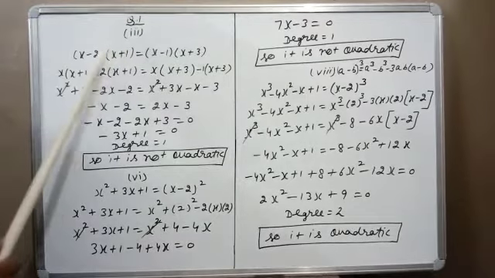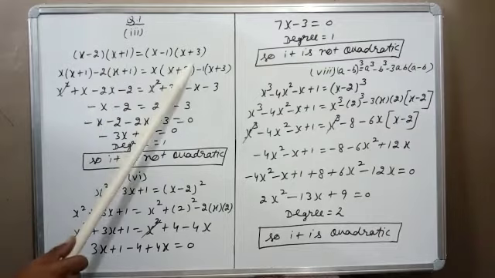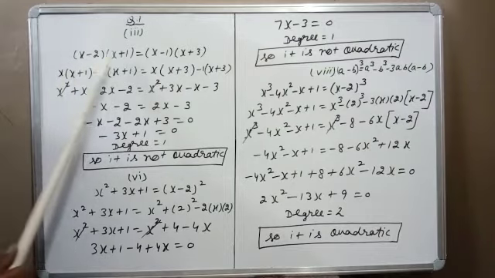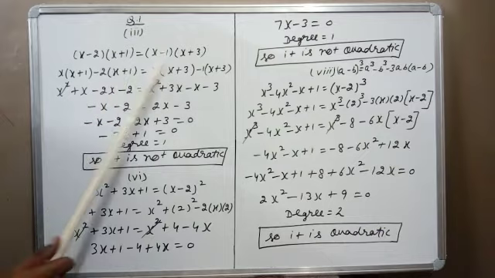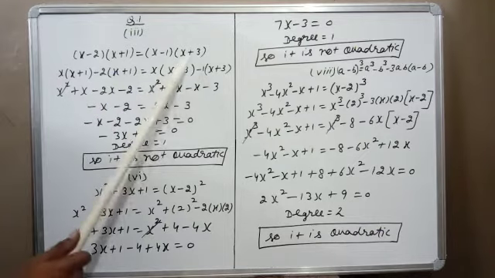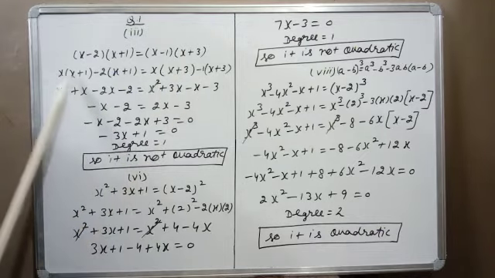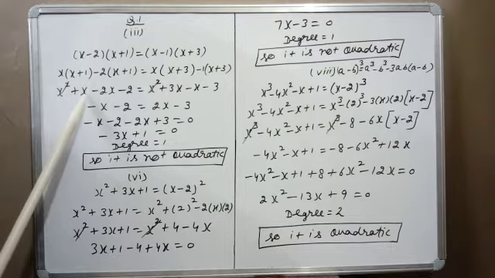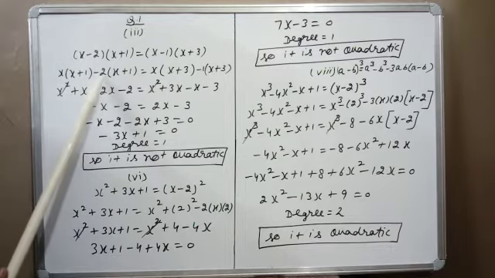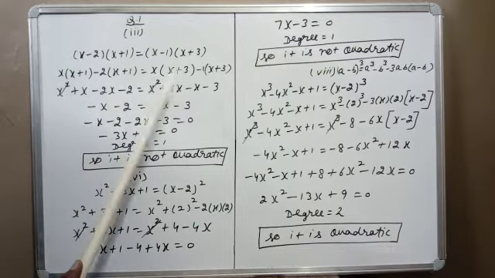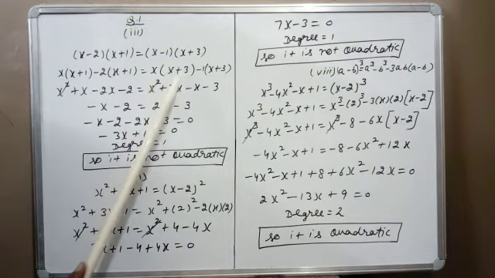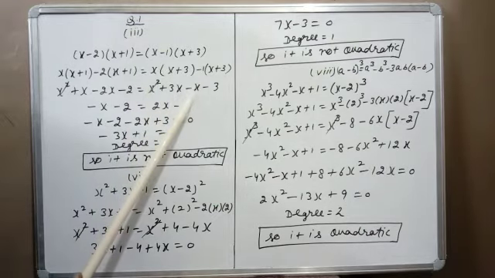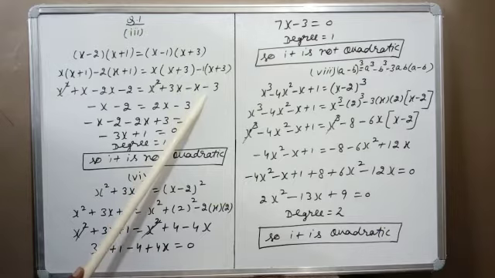I take the third part. Here double bracket, here is also double bracket. So I can write x, this bracket as it is, then minus 2, again this bracket as it is, then x, this bracket as it is, minus 1, this bracket again as it is. So x into x, x square, x into 1, x, minus 2 into x, minus 2x, minus 2 into 1, minus 2. In the same way, we will multiply here. x into x, x square, x into 3, 3x, minus 1 into x, minus 1 into 3, minus 3.